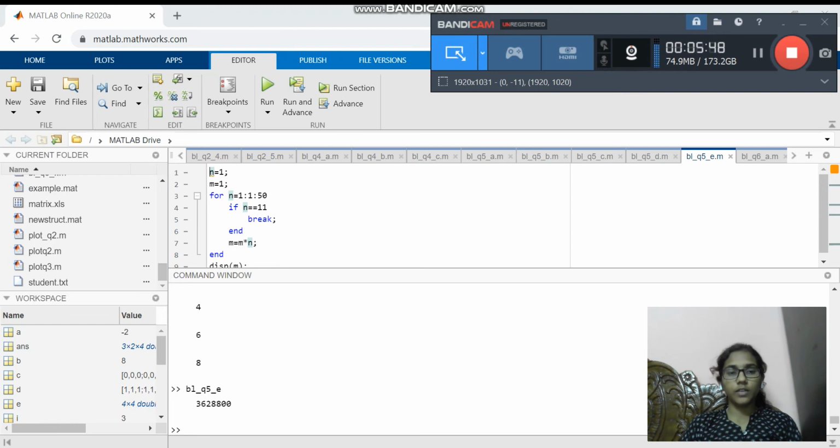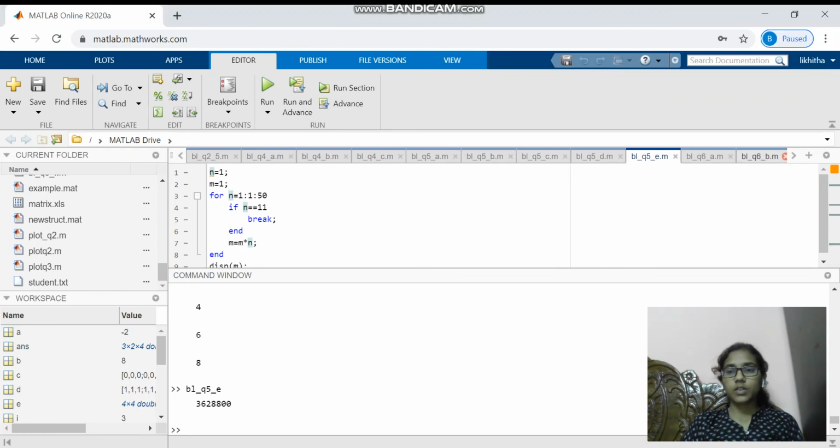This loop will not work. M equal to 1 and n equal to 1 to 50 numbers. Up to 11 only it will be continuously multiplied. Sorry, at 11 it will break. So after multiplying all the numbers up to 11, we'll get 36288800 as the result.